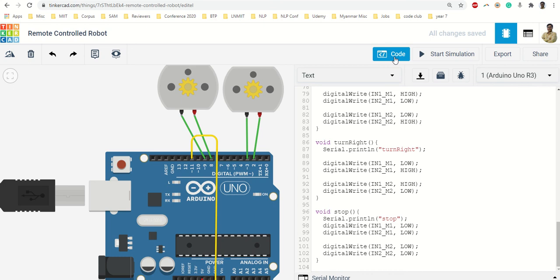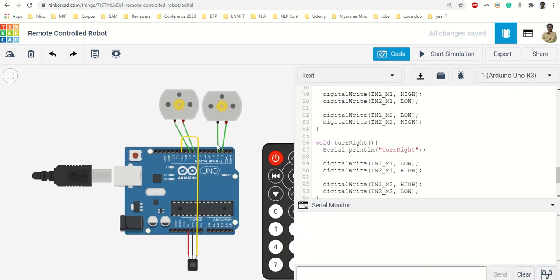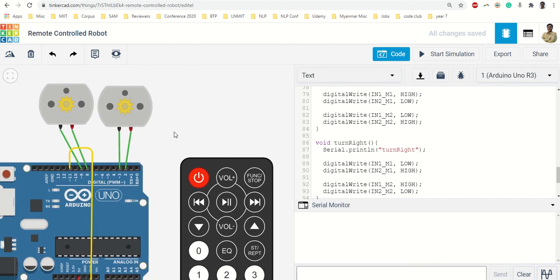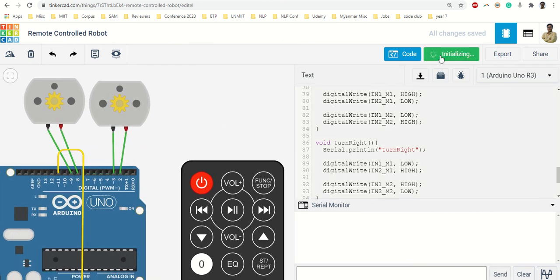Once you understand the code, we will run the serial monitor also, and let us see how we are able to operate this. So we run the simulation. On the serial monitor, you are going to see what are the prints that we are having. So when I press this volume plus, it says forward. Both the motors are moving clockwise with 3846 rpm. If I go this way, this motor stops or goes back, and this one moves forward, so the robot will start moving towards the right.